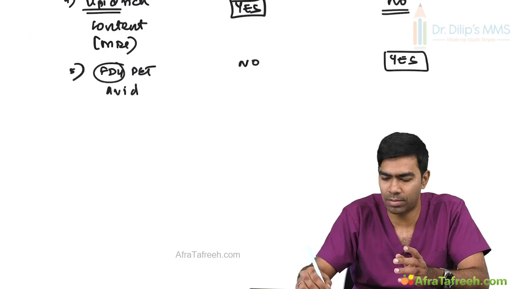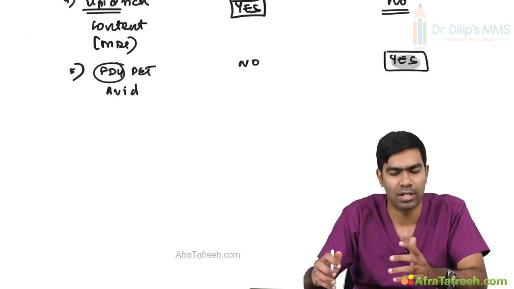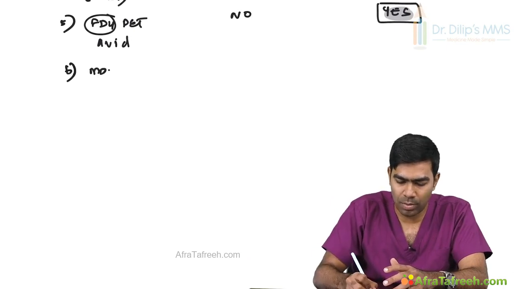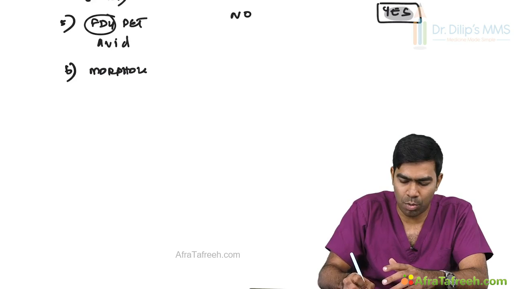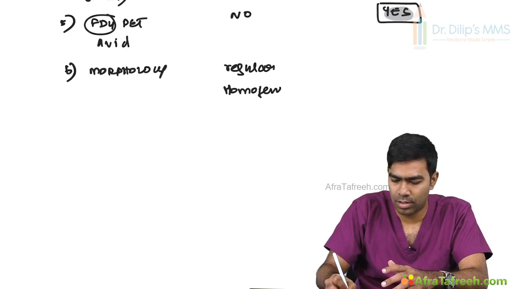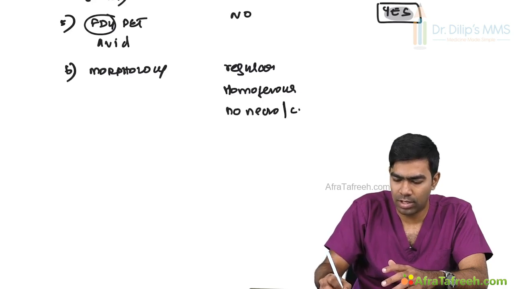We have a lot of hypotheses for that, and one scientist actually received a Nobel Prize for discovering this aerobic glycolysis. We'll be discussing more of that in oncology. But anyways, malignant lesions are characterized by increased FDG PET intake. And what will be the morphology of the lesions? Usually benign lesions will be regular, homogeneous, and they generally tend to have no necrosis and